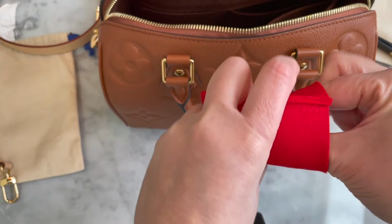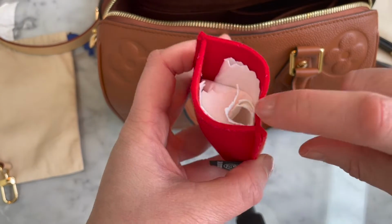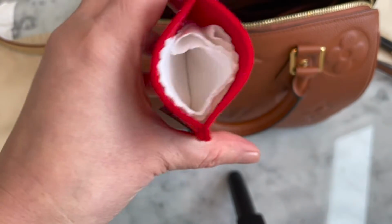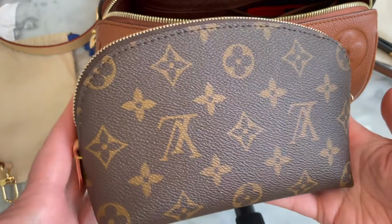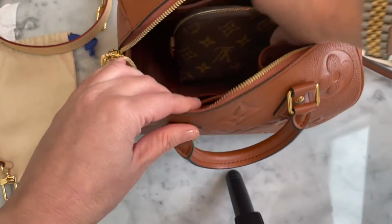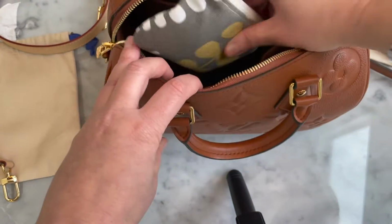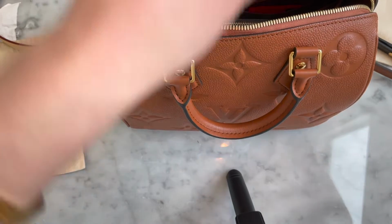Screwdriver for Cartier love bracelet. Always carry that, and I carry it in one of these extra little pouches that Zomoni gives you. And I have a little polishing cloth for jewelry and watches, and so I just keep it all as a little kit. Next is the Louis Vuitton cosmetics case. This is the small size, so I always put that in first. And then, you know, little Etsy pouch for tooth floss and little aspirins and things like that. And then